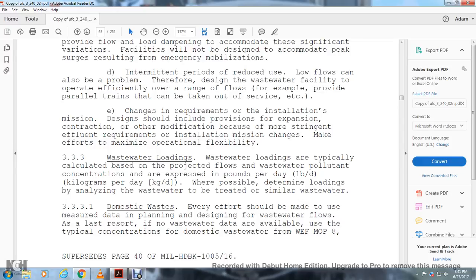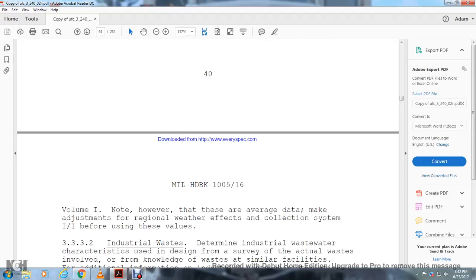3.3.3 Wastewater loading. Wastewater loadings are typically calculated based on the projected flow and wastewater pollutant concentration, expressed in pounds per day. Where it is impossible to determine the loading, analyze wastewater from similar facilities. 3.3.3.1 Domestic waste. An effort should be made to measure the domestic wastewater flow for planning and design. As a last resort, when no wastewater data are available, use the typical concentrations of domestic wastewater from the Water Environment Federation MOP 8,